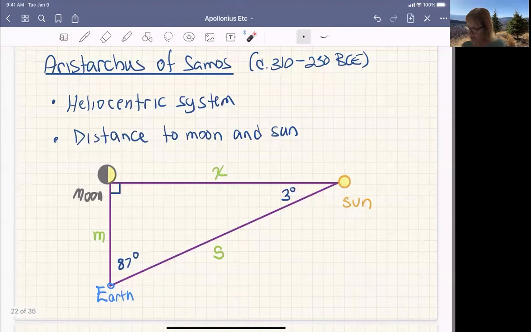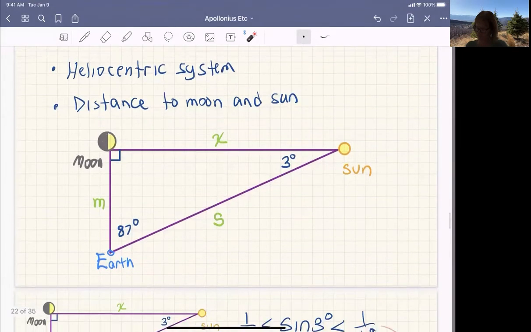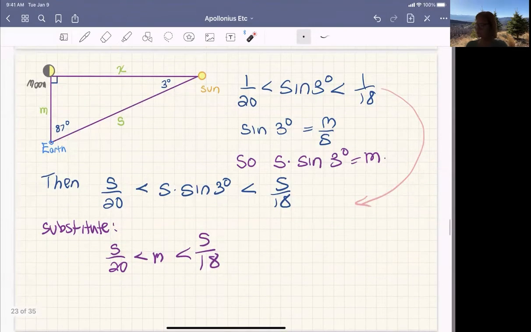So let's let S be the distance from the earth to the sun. X is the distance from the moon to the sun, and M is the distance from the earth to the moon. And the reason why we choose a day where we get a half moon is because this is going to be a right triangle. And so,